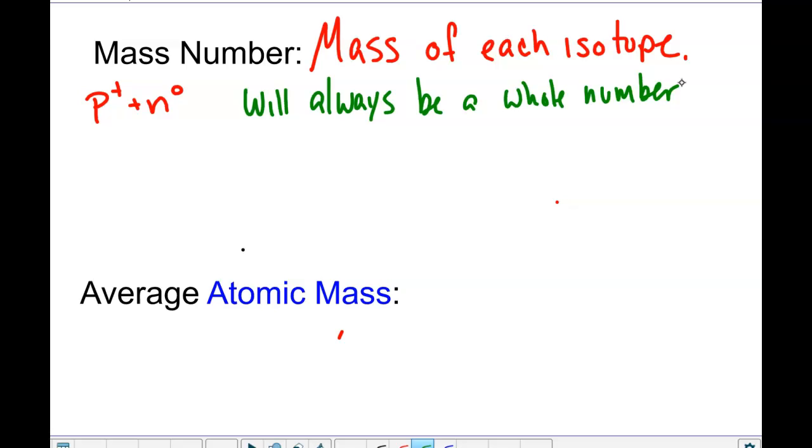Now, how is that different from average atomic mass? I have average atomic mass here, and I have atomic mass in blue because when we abbreviate average atomic mass, we just say atomic mass. So the mass number and the atomic mass are two different things. The average atomic mass is the weighted average